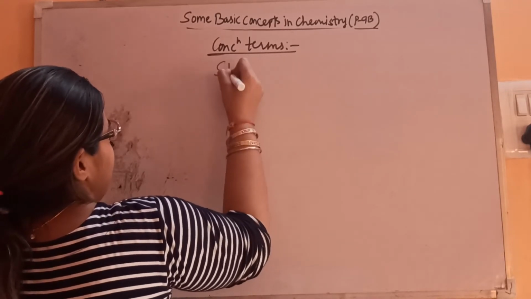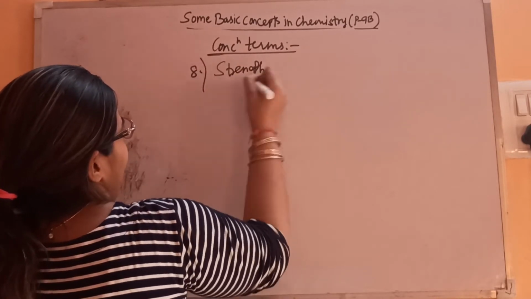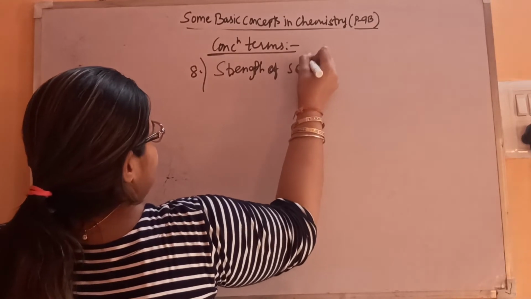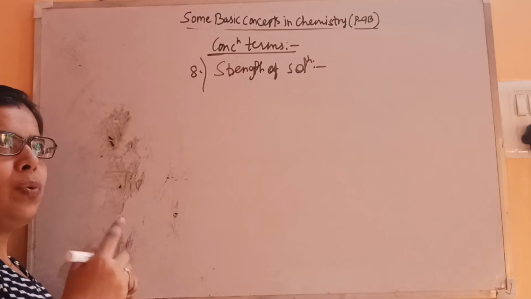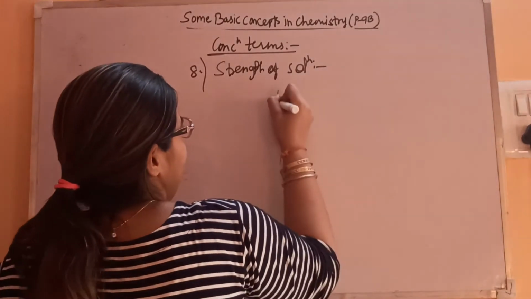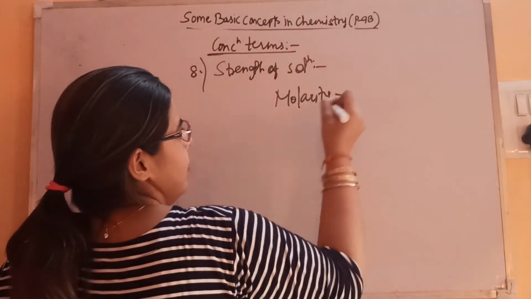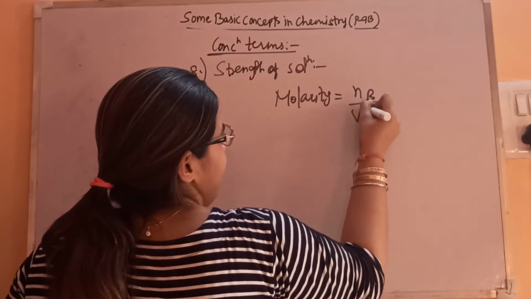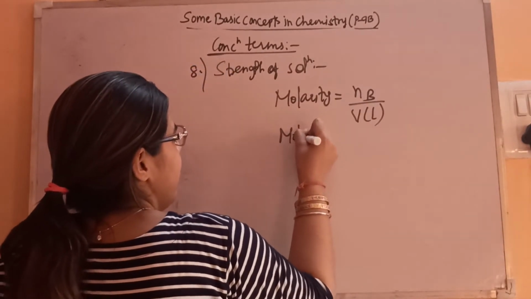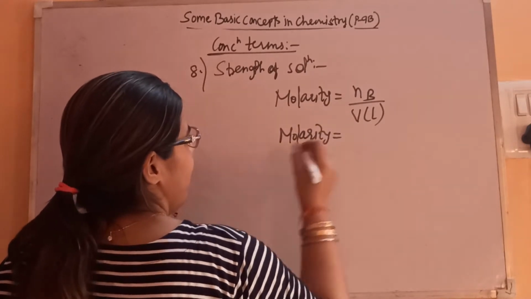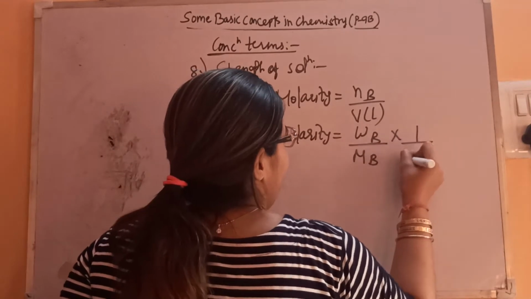Strength of solution. I think it's the 8th one, strength of solution. So let's see what the strength of solution is. For this you have to recall your molarity expression. Molarity is equal to what? Number of moles of solute per volume in liters. Then we have seen molarity is equal to number of moles, that is given mass by molar mass, over volume in